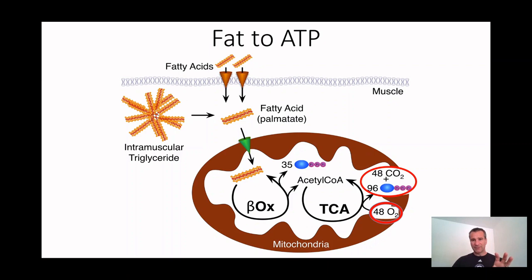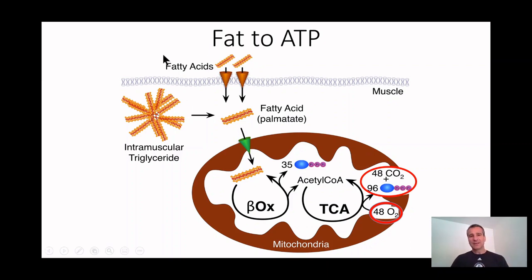The bottom line up front is that when we talked about carbohydrate, one glucose molecule is going to produce about 30 ATP. Now when we look at one fatty acid, fatty acids are going to generate lots more ATP. So we're going to generate, say, 35 ATP through one cycle and another 96 through another. But it's going to take a lot more time. So we're going to get a lot more energy out of our fat, but it's going to take us a lot more time. So when time is a restriction, then you can't use fat as much.